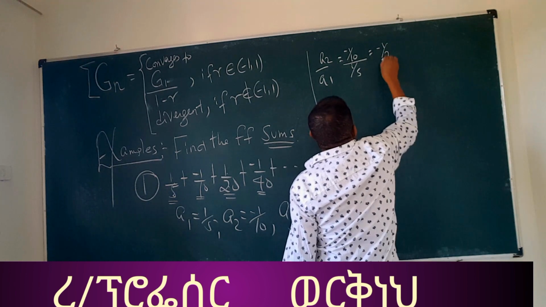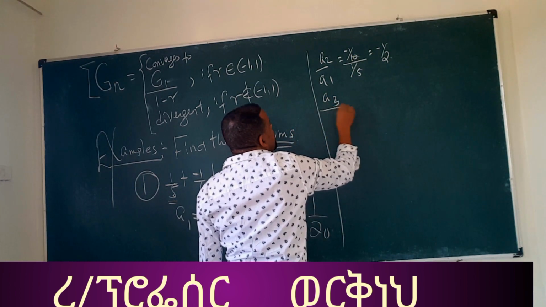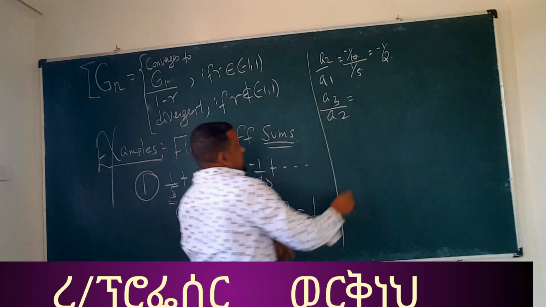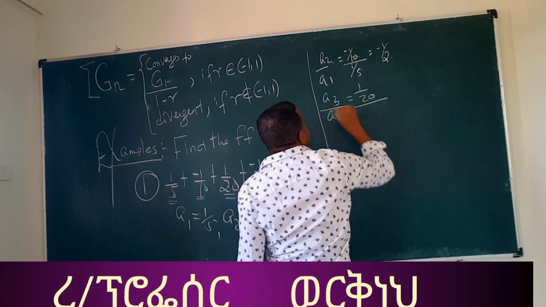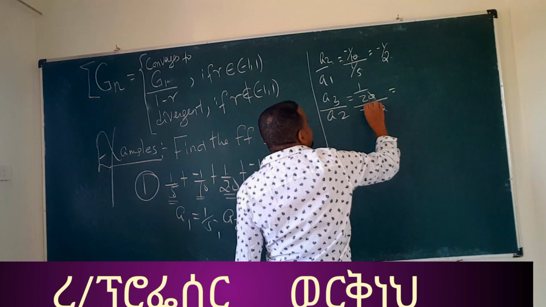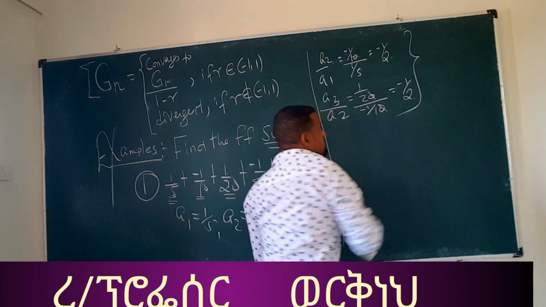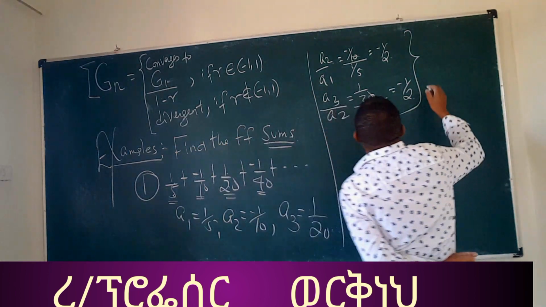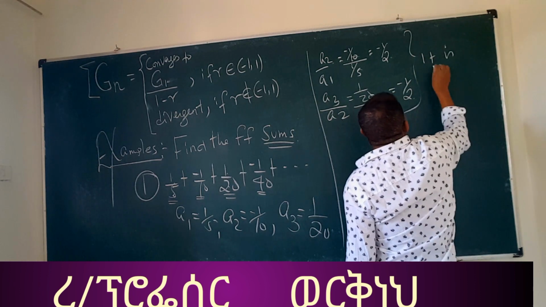is negative 1/2 ማለት ነው ማለት በአምስት ነው. And a3 over a2 is what? a3 is I think 1/20 over a2, which is negative 1/10, so 0/0 ይጣፋል, negative, so which is negative 1/2. So በሁለቱም ratio ያገኘነው ቁጥር አንድ አይነት ነው. Since they have the same common ratio, it is a geometric series